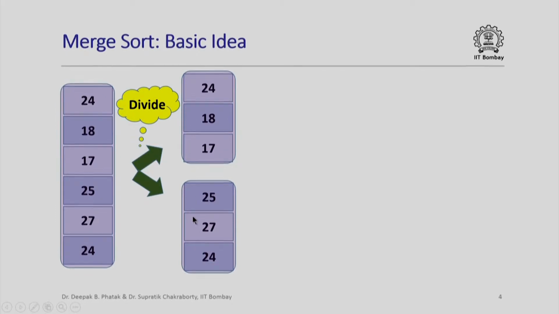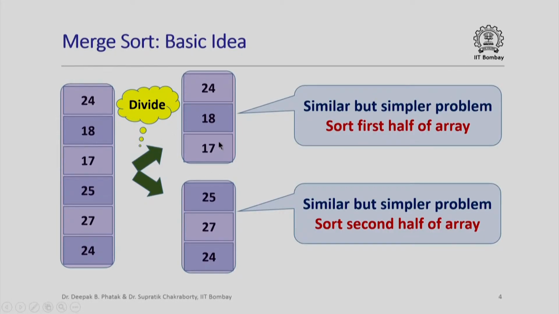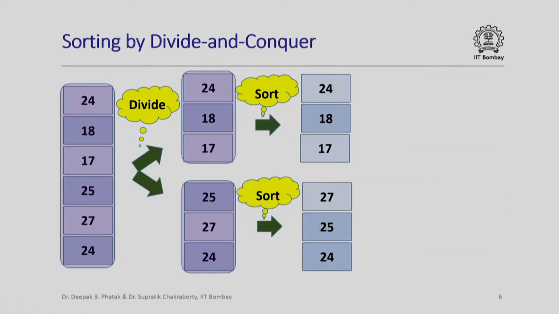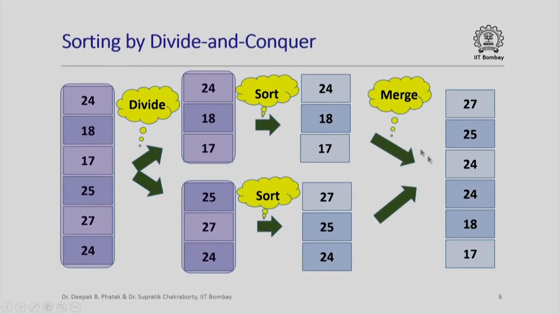So let's quickly recall the basic idea behind merge sort. We are given an array which is unsorted and contains a certain number of integers. We first divide this into two subproblems of almost the same size. So if the original size was n, each of these two sizes is roughly n by 2. Then we solve each of these two subproblems. Basically, we sort the first half of the array and the second half of the array separately, and after I have sorted them separately, I take these two sorted subarrays and I merge them together into one larger sorted array that contains all the elements of the original array.